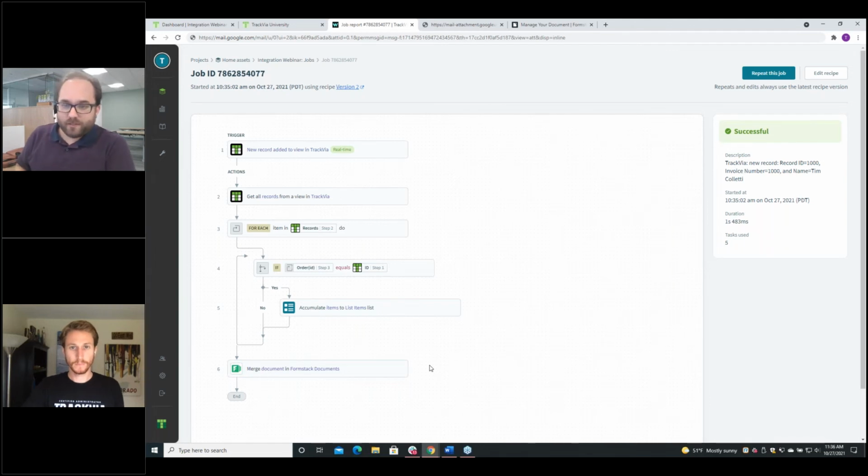So the other ways you could vary this, like I said before, you have this first step. This is just based on triggering on the record being created in TrackVia. You could set this up to say run every hour, in which case, rather than relying on this first step to give you your information, the trigger would just be run every hour, and then we'd look up 2 different views. We'd look up the parent view, and we'd look up the child view. We could do something where we say, look up the parent view, and then for each parent, look up the child view, find its children, run a Webmerge document. Then go right back, show me the second parent, find all of its children, send them all to Webmerge. So you could batch these in pretty large chunks and send them all over together.